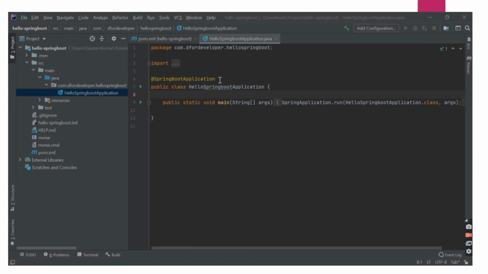If you notice here, we have got one annotation called @SpringBootApplication. I'll be covering the annotations of Spring Boot in a separate video. For now, let's keep this video limited to creation of a Spring Boot app project. Okay, so we'll cover the annotations in another video. So that's it, guys. If you see the left side, you have the complete structure of a Maven based Spring project. Okay, and this is a project that we have created as of now, which can directly run.